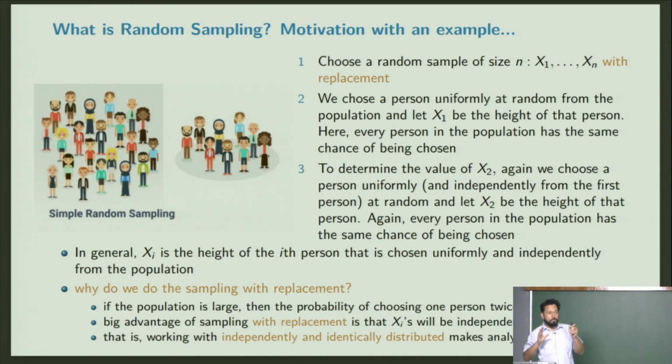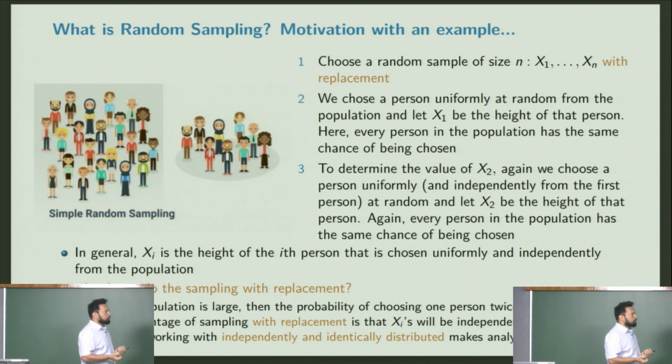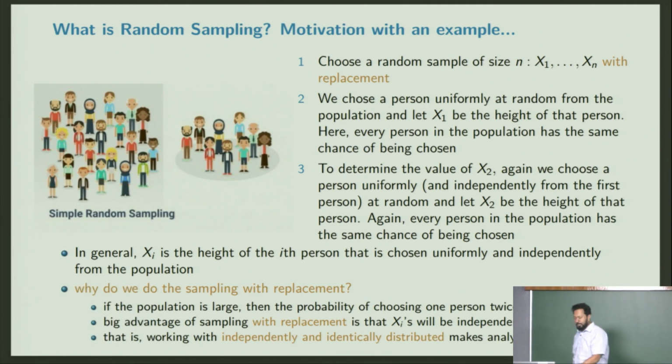In statistical estimation, the first step is the samples. If you want to estimate something, the first step is to collect the sample. There are people who work on just the sampling part; how to do sampling itself is a big topic. Should my sampling process follow a certain approach, or should I always look for uniform sampling? It depends. Let us see one approach where we do it with replacement.